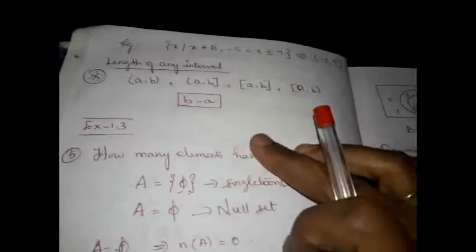Yes, if we write the open interval (-3, 2), it means the numbers in between -3 and 2. -3 and 2 are not included here. But if we express it inside square brackets as a closed interval, then both the endpoints are included. Yes. Then what is the length of the interval, which is b minus a? Whatever the interval is, the length can be calculated by b minus a, which means the upper end minus the lower end.